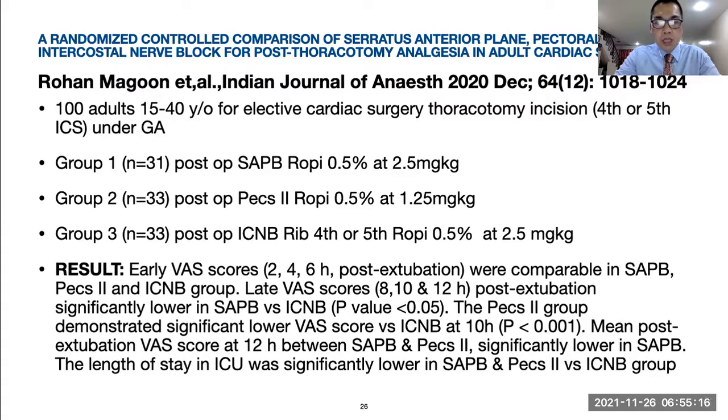The length of stay in the ICU was significantly lower in the serratus anterior plane block and the PEX2 block versus the internal intercostal nerve